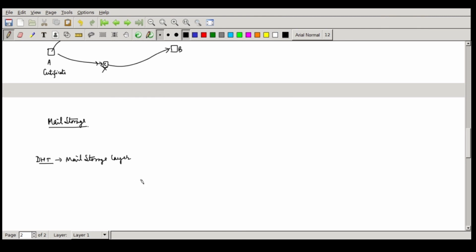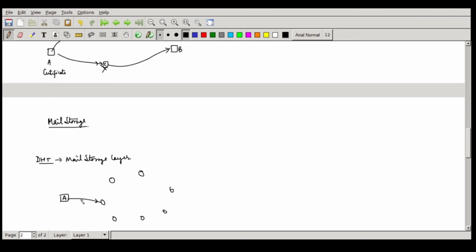If you want to send a mail, you can be part of this mail storage DST, or you can be a leaf node. If it is a leaf node, you don't need to put the user ID, and the node ID will be in the base DST. You don't require putting that here.